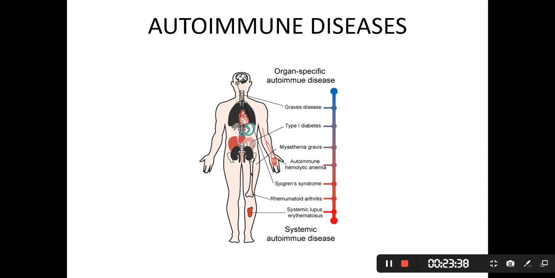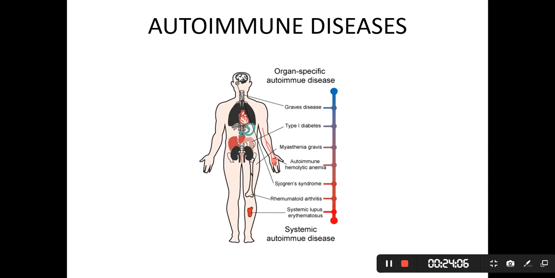That is an autoimmune hemolytic anemia. Sjogren's syndrome is another one where antibodies are formed, and they cause dryness of the mouth and those kinds of symptoms. Rheumatoid arthritis, we know, is a joint disease, where there are antigens on the joints which help in the smooth functioning and movement of the joints. Instead, there are antibodies working against those places, and so the joints start undergoing complaints of pain and